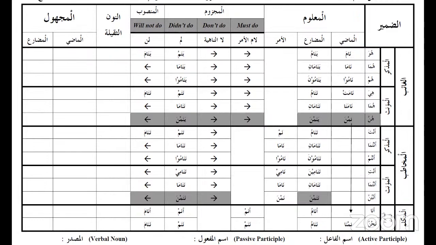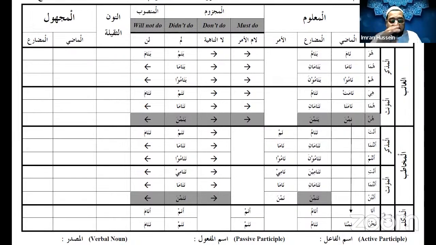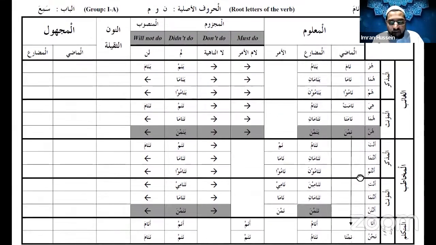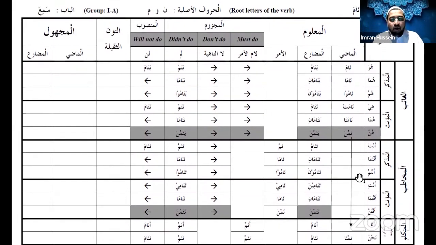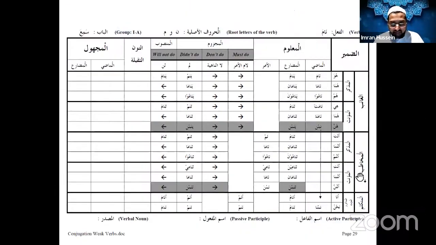But they're all in the Bab Sami'a. Yes. No. The different verbs come on different patterns. For different verbs, you need to go to the dictionary, and the dictionary will tell you from those 6 original patterns which pattern this verb is coming on, in regards to the weak verbs.